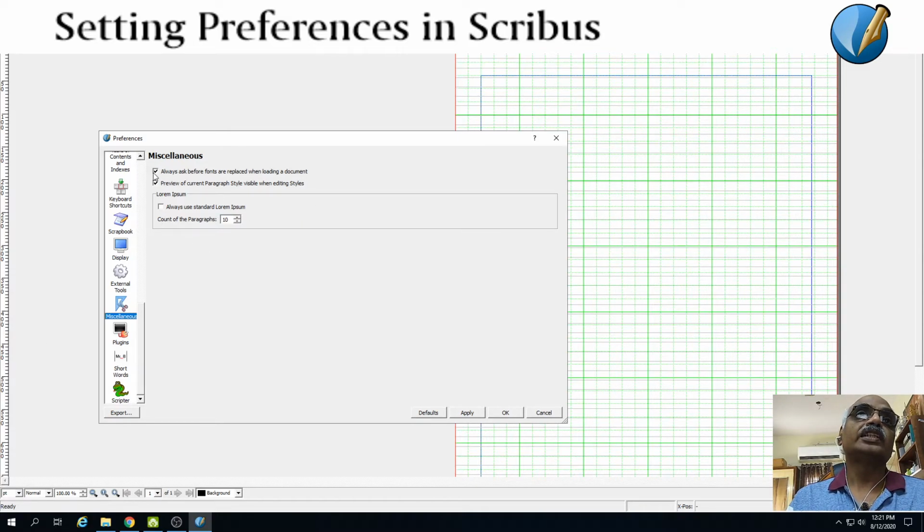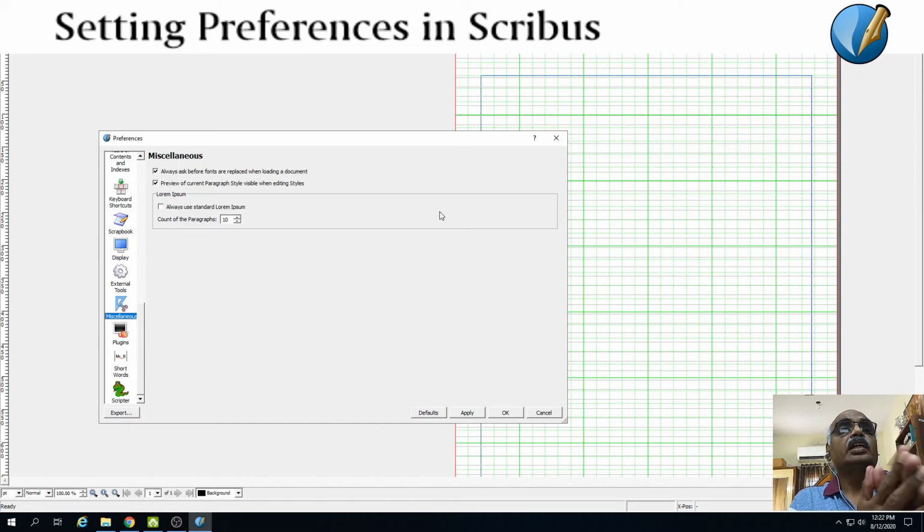So if you check this box, it will warn you beforehand that it doesn't have the font in which the document was generated, and that it will try to replace it with the nearest compatible font. It will ask for your concurrence before replacing the fonts. If you uncheck that, it will automatically replace the fonts with its own choice, the font which it feels more or less matches the font used to prepare the document.